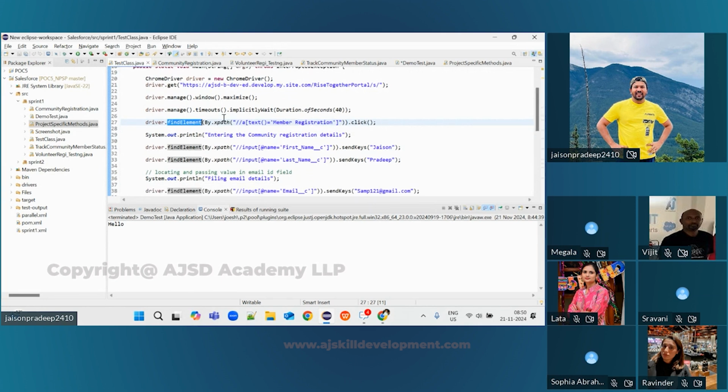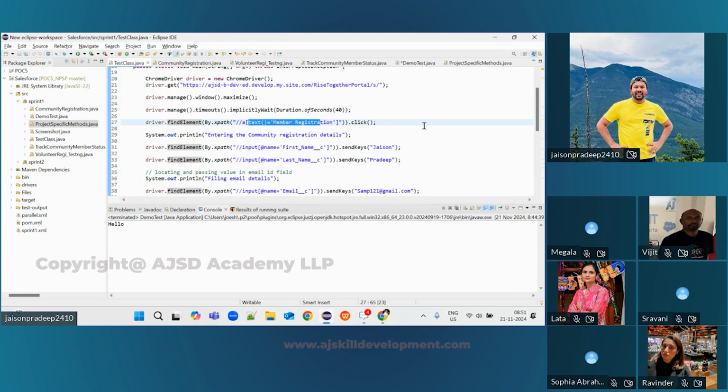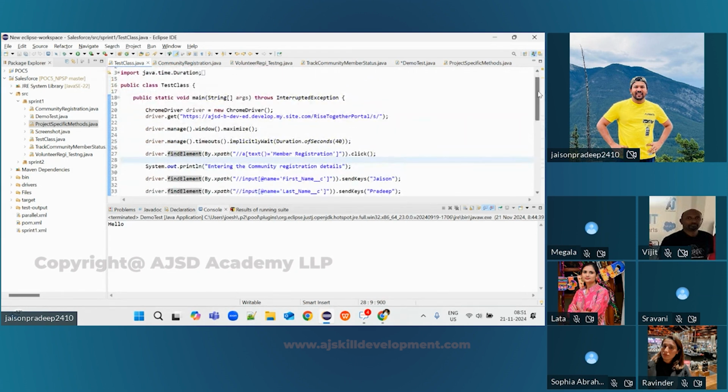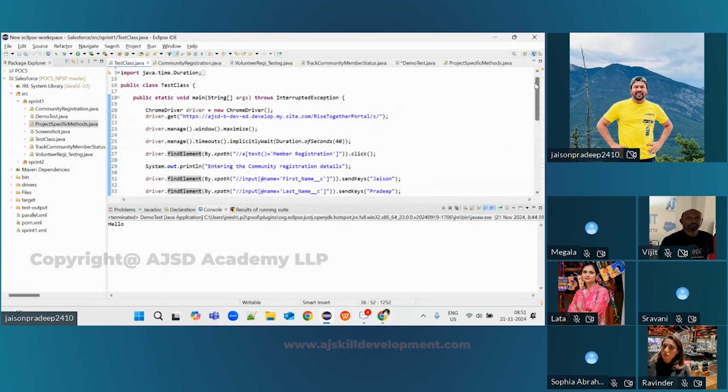So why xpath? If you're clicking on some functionality or performing some action, we have to take that web element from the backend, right? To take that web element, we can use xpath, and there are multiple types of relative xpath based on the tag name, based on the text, based on the attribute. So this is an attribute. This is how the code I have written. In between, I have used print statements to understand whether the code is working fine or not, to understand where the code is. Okay, first let me execute this code